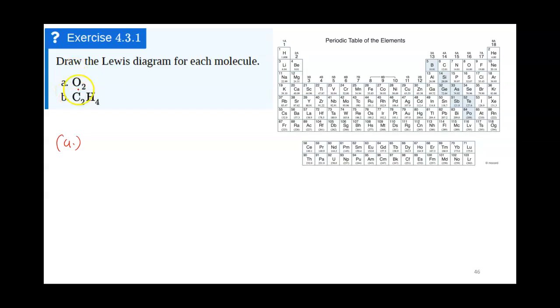So we have O2. So oxygen is in group 6A. So 2 times 6 means that we have 12 electrons to work with. Okay, so what's our central atom? Is it oxygen or is it oxygen? I guess it's oxygen. We'll call the one on the left our central atom. We're going to connect that to our outer atom, and that's going to use 2 electrons, leaving us with 10 to finish everything off. Now we're going to complete the octet on our outer atom, that uses 6 electrons